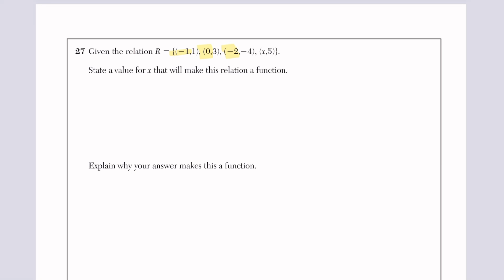So for example, we could just put 3, and that makes this relation a function. So for the explanation, you can write that